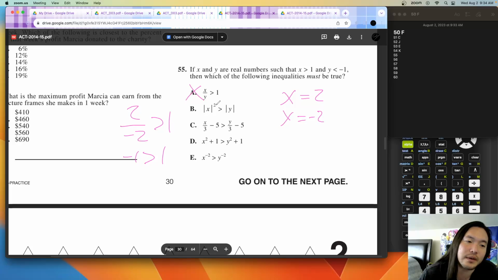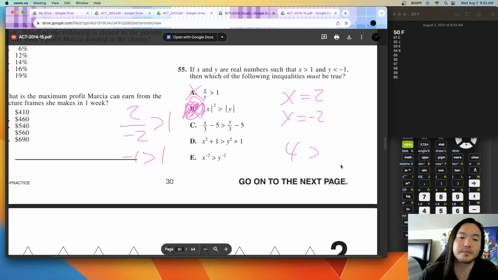Absolute value of x squared is greater than absolute value of y. So this isn't the correct answer, actually. Absolute value of 2 is 2. 2 squared is 4. Absolute value of -2 is definitely... No, it's not true. Okay, actually,